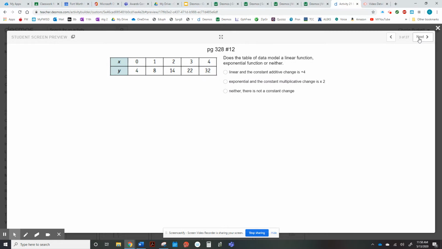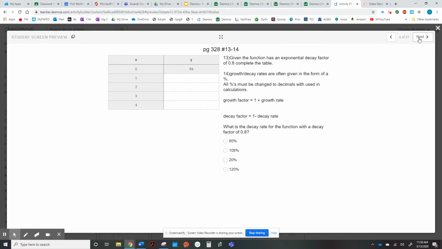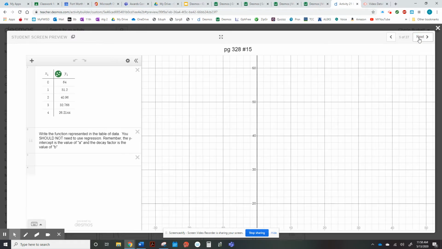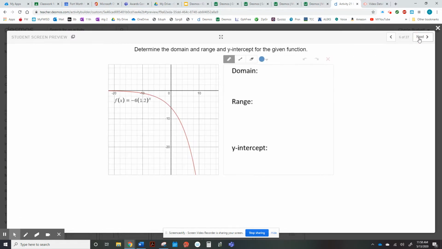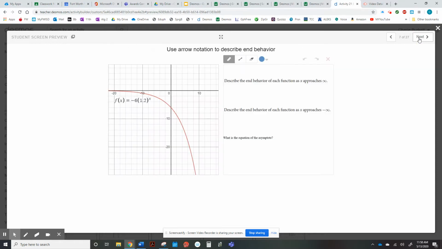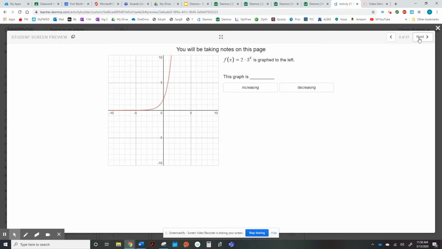And I'll show you from the teacher side. This is what the student side looks like. This is on to number 12. Here's number 13 and 14. I just love that I can now watch them do it from my podium or from my computer screen. I'm not going to bore you by flipping through the whole thing, but